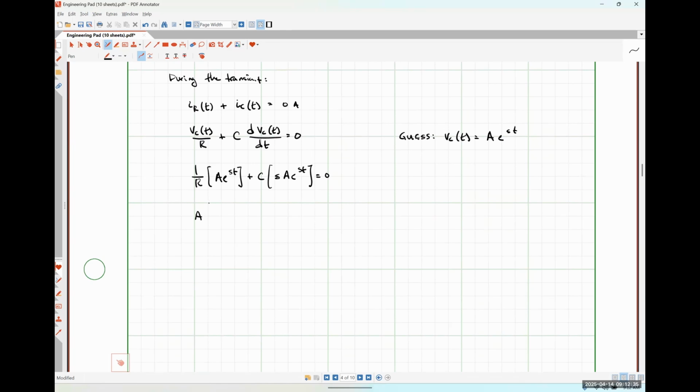Rearranging it slightly, I have A times 1 over R plus sC, times e to the st, is equal to 0. This is my characteristic equation,